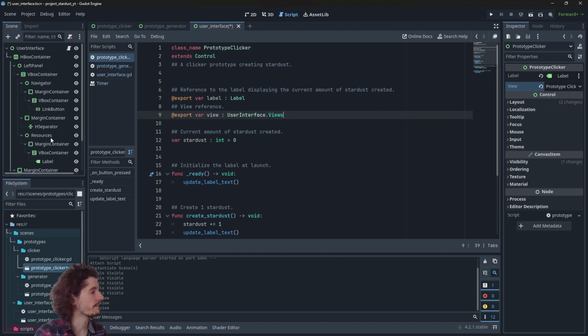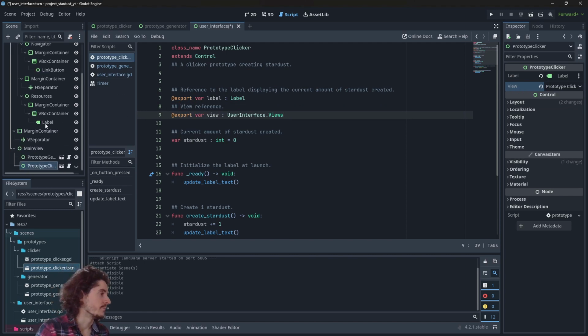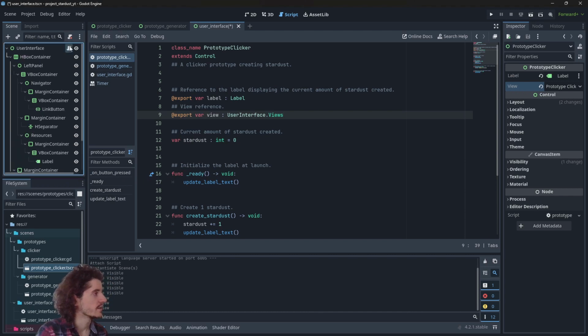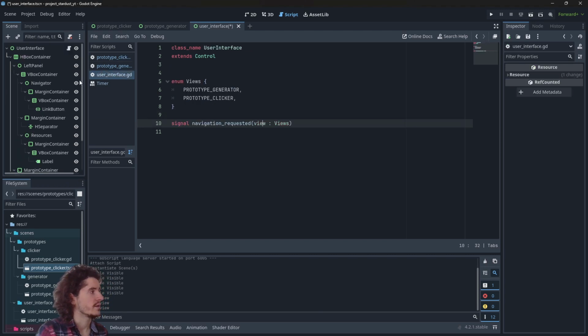Okay. So now both children know what view they are. So it's great. And the user interface here is able to send a signal to all, at the moment to nothing, right? It's just sending the signal in the air. Well, it's declared, it's not emitted, but